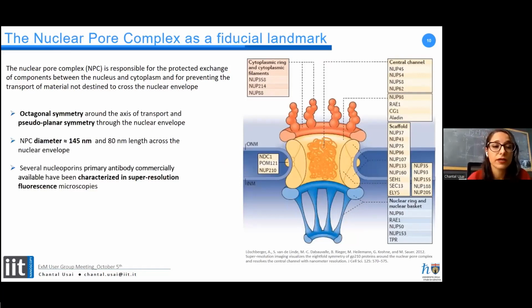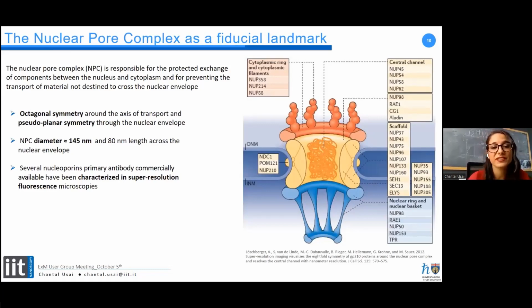We know that it has an octagonal symmetry around the axis of transport, and that it is pseudoplanar through the nuclear envelope. Then we know the diameter of the structure,